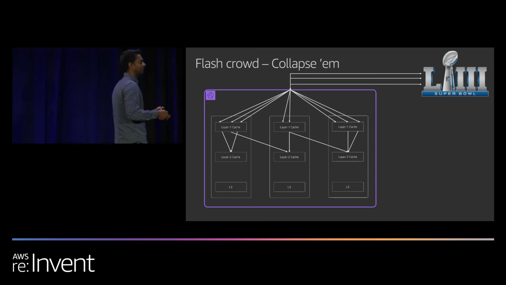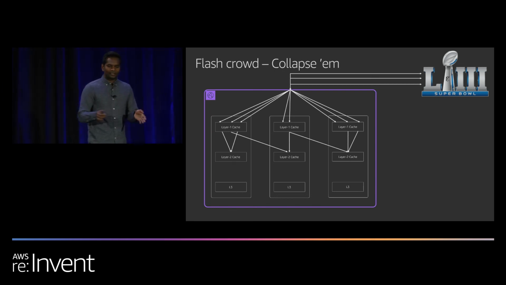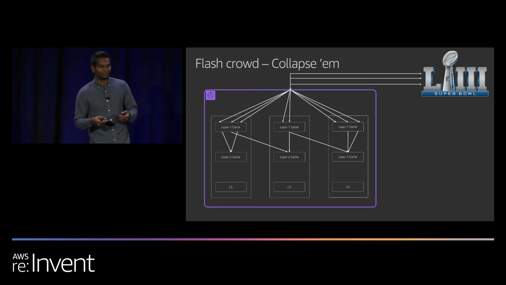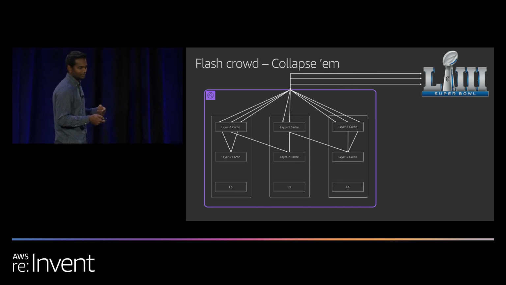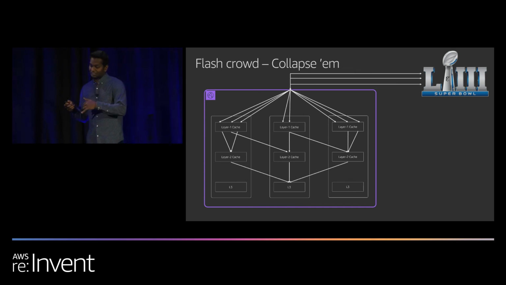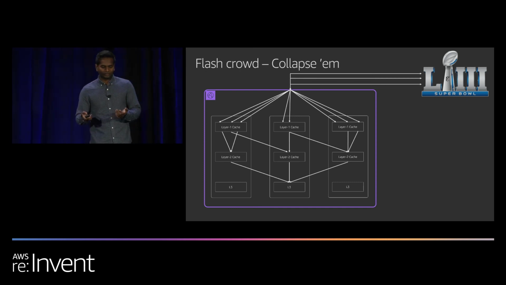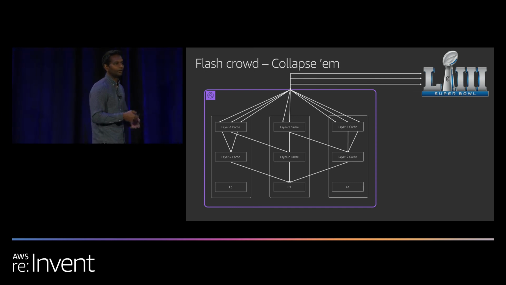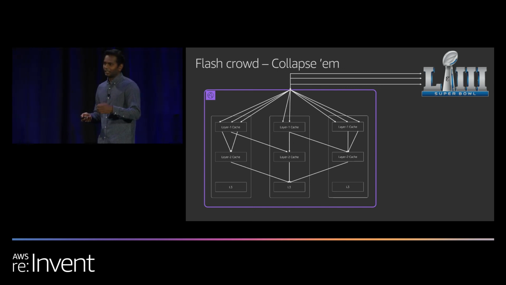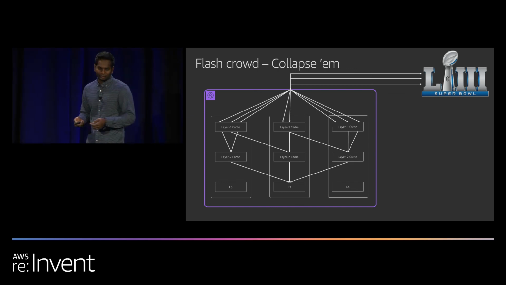We're going to start overloading the L3 server. But instead of spreading out the requests again, the L2 servers are smart in the sense that they understand all the requests coming in at the same time are for the same object. So they decide to not forward all the requests. Instead, they forward just one request from each L2 server. So this eventually reduces a lot of load on the L3 server and also on your origins. And when it gets a response back for that one request, you would take that response and use it to satisfy all the other requests that came for the same object.